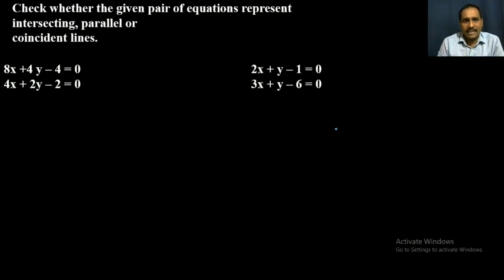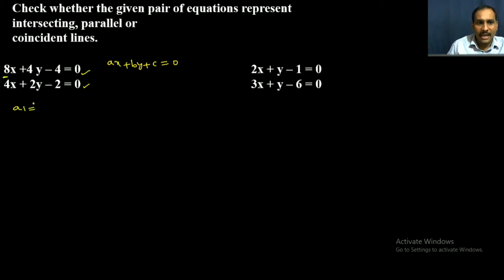Now let us check some equations, whether they are intersecting, parallel or coincident lines without drawing the graphs. Here is the first set of equations. The first condition is whether they are in the standard form or not, the form ax plus by plus c equal to 0. So yes, they are in the standard form. Let us compare with a1x plus b1y plus c1 equal to 0 and a2x plus b2y plus c2 equal to 0. Then a1 is 8, b1 is 4, c1 is minus 4,